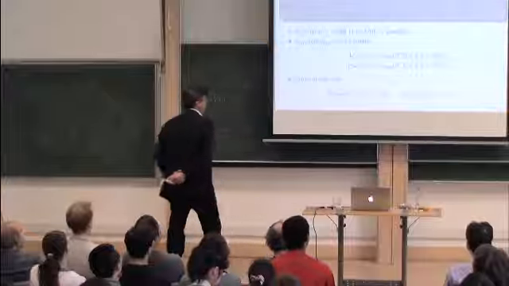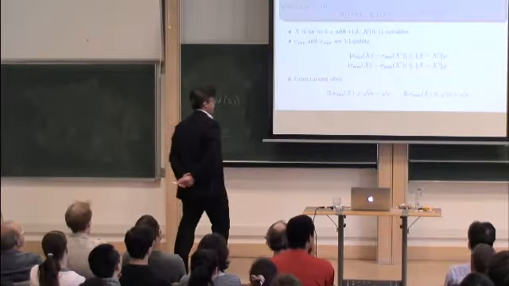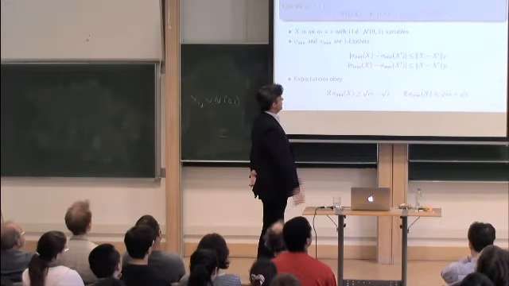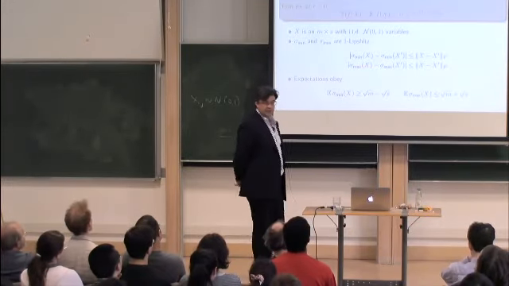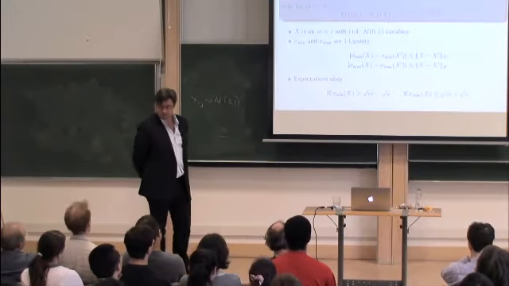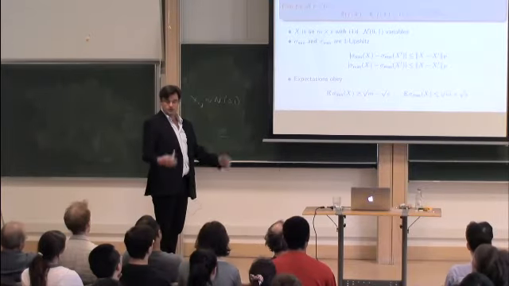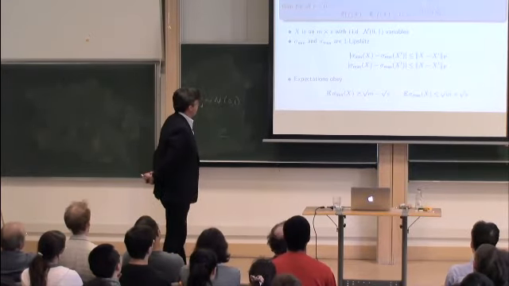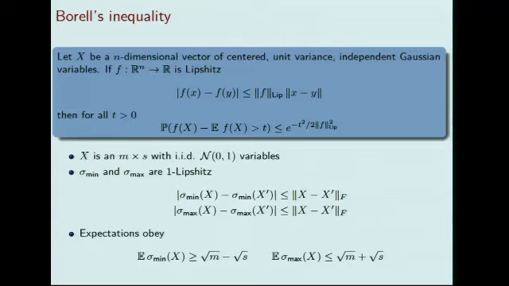All right, so we know that sigma min and sigma max are Lipschitz with constant 1. So if I could just bound the expected value of sigma min or sigma max, I would be done, because then I just invoke Borell's inequality, and Borell's gives me concentration. All right. But it is known that the expected value of sigma min is, or if you were to look at it this way,